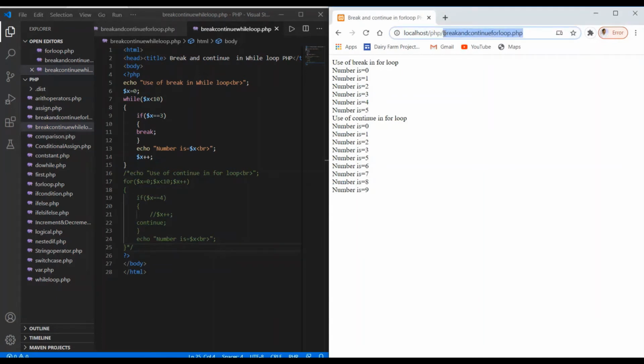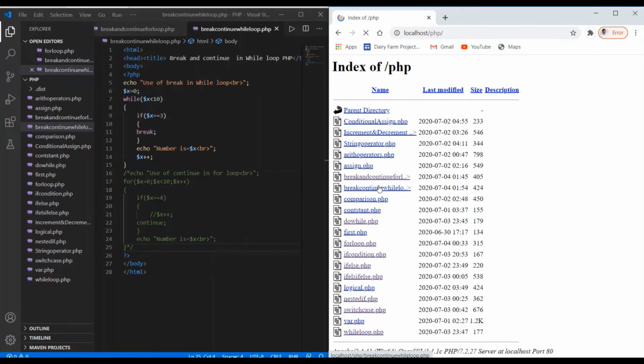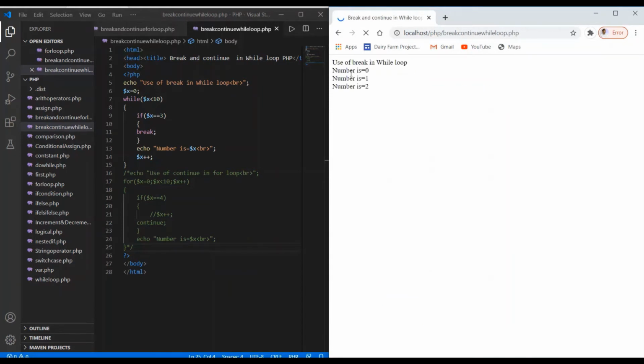Local server, and here we see break and continue in while loop. Here is the file, just click on this and see the result. It shows the use of break in while, and when the value of x becomes equal to 3, the loop has broken. Otherwise, if we don't use the break statement, values would be displayed from 0 to 9, a total of 10.